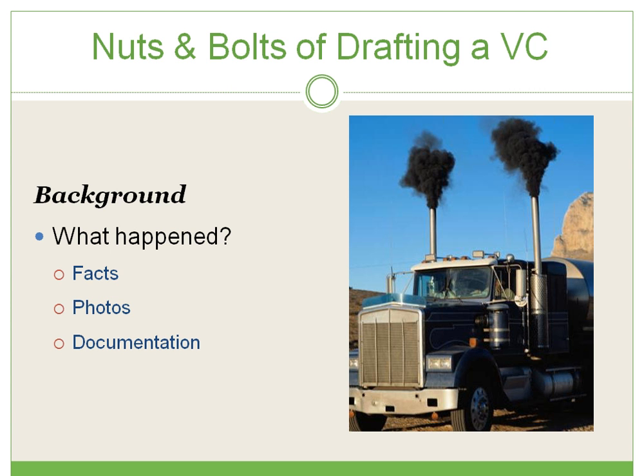All you need to do is make sure that you include the nuts and bolts required in the Ohio Revised Code. And I'll go through those right now. First of all, the background, or the facts of the situation that drew you to the conclusion that environmental law is being violated. Here you want to be able to paint the picture of what you saw or experienced in a way that shows that there is an environmental problem that needs Ohio EPA's attention.